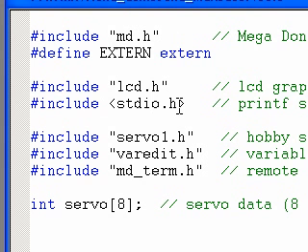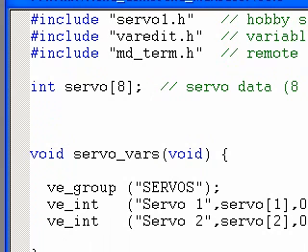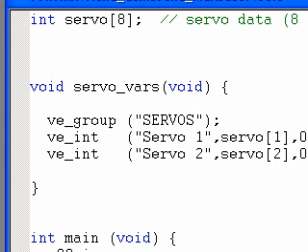the LCD library and the standard I/O library for support of formatted printing using the standard printf that C provides. Also in this application, since we're using hobby servos, we're including that module, the variable editor, and the remote display terminal MD term. We've got 8 servo values defined in an array here. Then next what we have is the